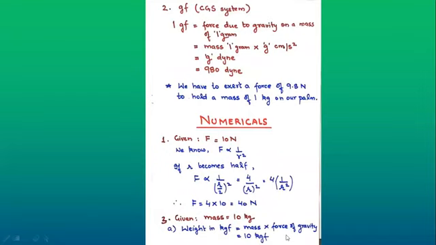Then in CGS system, what is the value for gram force? Similarly, if we define it and find out the value, 1 gram force will be equal to g, acceleration due to gravity, dyne. Dyne is gram centimeter per second square. And for CGS system, value of g is 980 dyne. So here, if we want to make an approximation for 1 kilogram force, so 1 kilogram force is nearly equal to 10 Newton. That means we have to exert a force of 9.8 Newton to hold a mass of 1